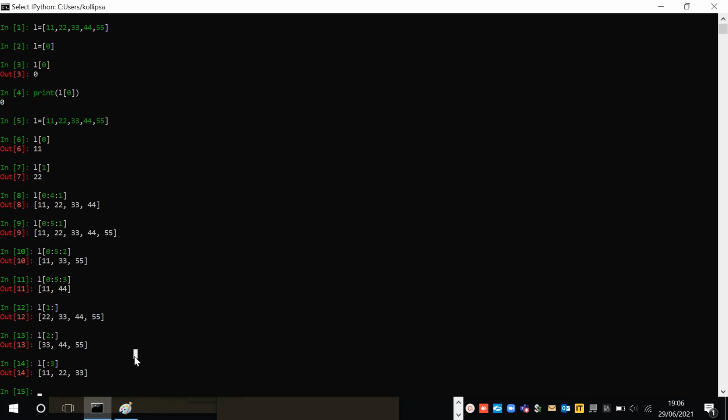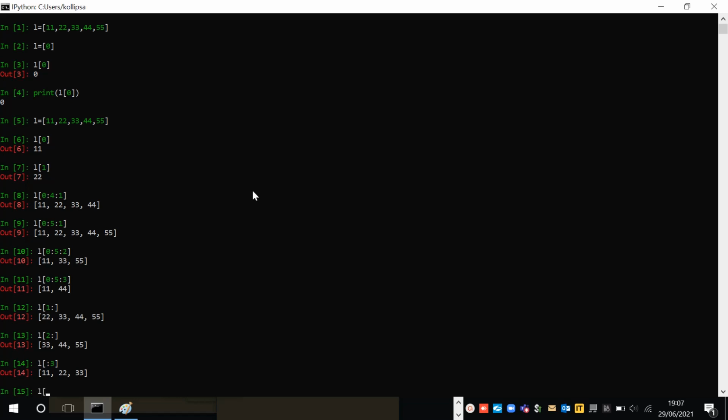So one thing we got is how to jump indexes, how to skip alternative numbers, how to print everything in the list, and how to print from a particular index. And one more thing we have learned is how to print till 22 or till 33. These are all in sequential order. Now we can do the same thing in reverse order as well.